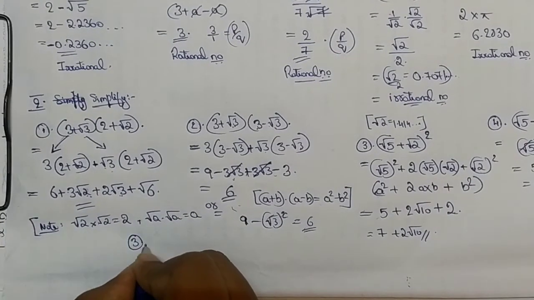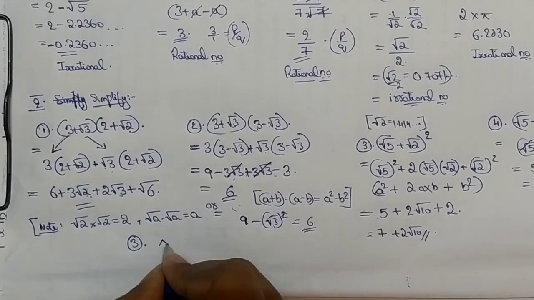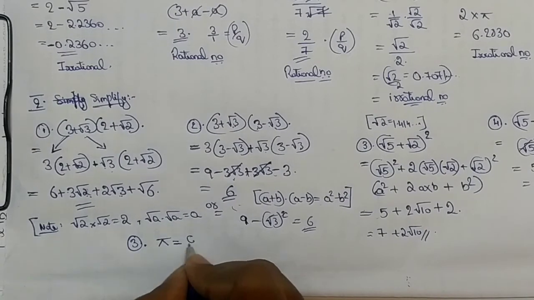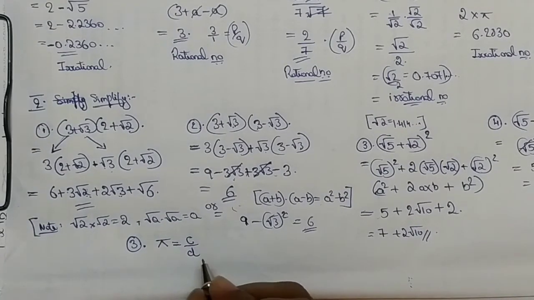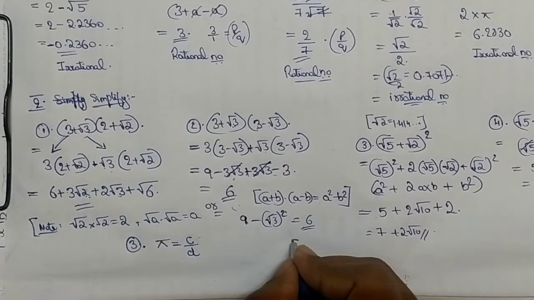Third question. Pi is given as a ratio of circumference to the diameter. C is the circumference of a circle and D is the diameter of a circle. See, this is a circle